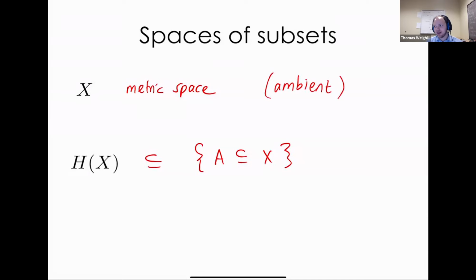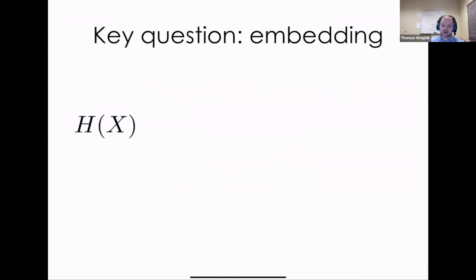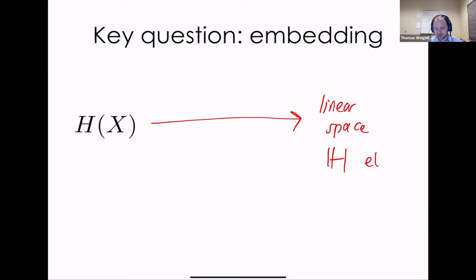And there are many questions you might want to ask about such a subspace. The one that I'm mostly interested in is the question of trying to embed the subspace into something else. So taking whatever your favorite collection of subsets is and their geometry and embedding them suitably, I'll explain all the details at some point, into some useful space. Usually what you want here is some kind of linear space. So you want a vector space, or more specifically, maybe a Hilbert space or something like that,